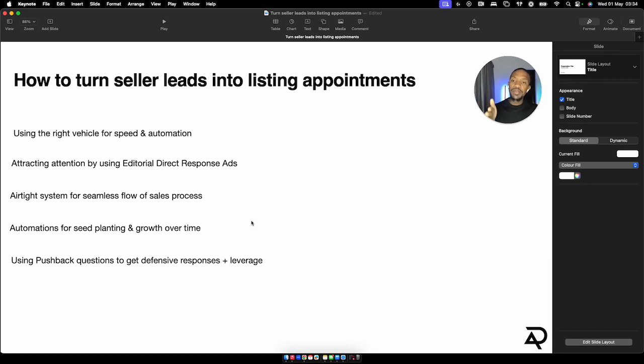Now in that 3 to 7 months, this is where you need to have the right automations so that not only are you planting seeds, getting people interested and engaging with you by attracting them into your ecosystem, but you can also nurture them over time. How do you do that? By utilizing automations where, for example, if somebody enters your ecosystem from your ad and they're not ready, what are you sending them in that 3 to 7 month period that's going to add a little bit more